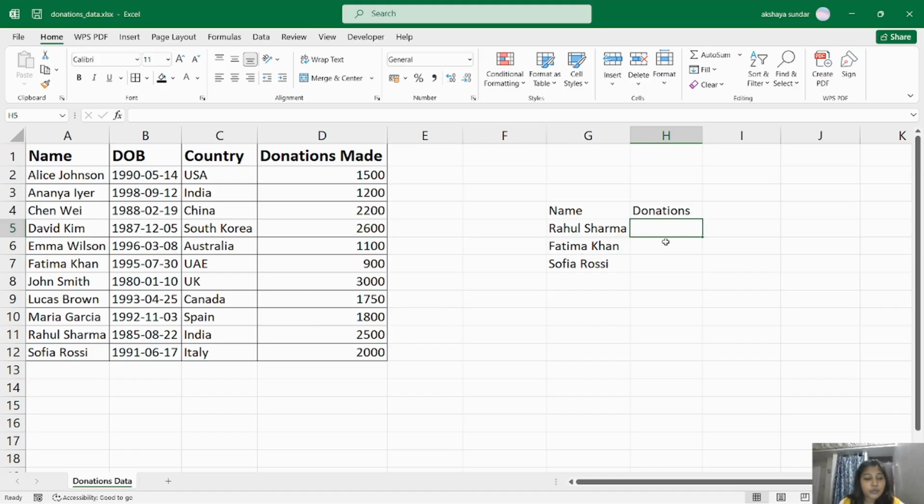So I am going to use VLOOKUP, and also remember VLOOKUP and HLOOKUP are used for the values that are to the right. For the left we have different formulas. VLOOKUP will only work for finding values to the right of the lookup value. This is the lookup value, the name. So I'm going to use VLOOKUP